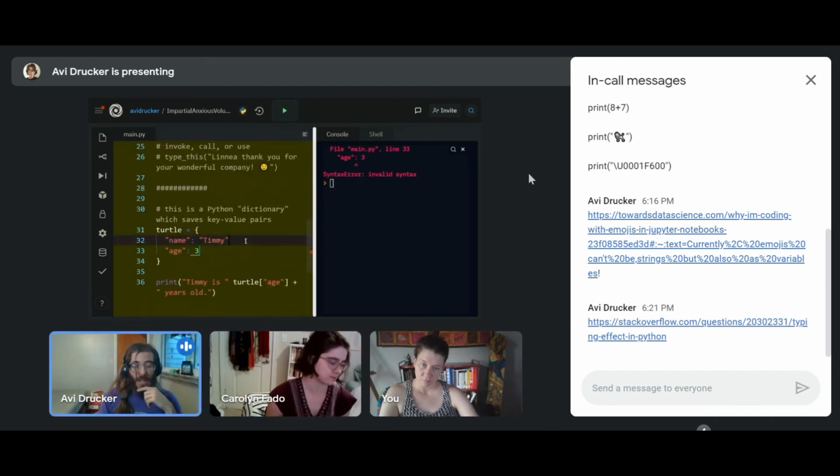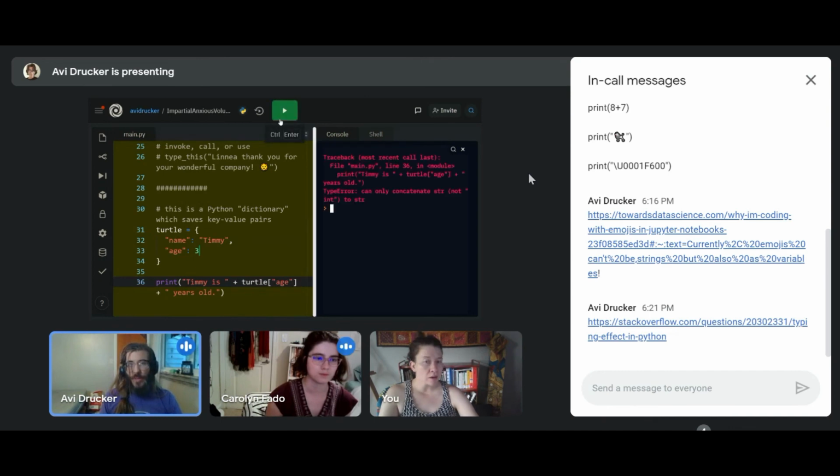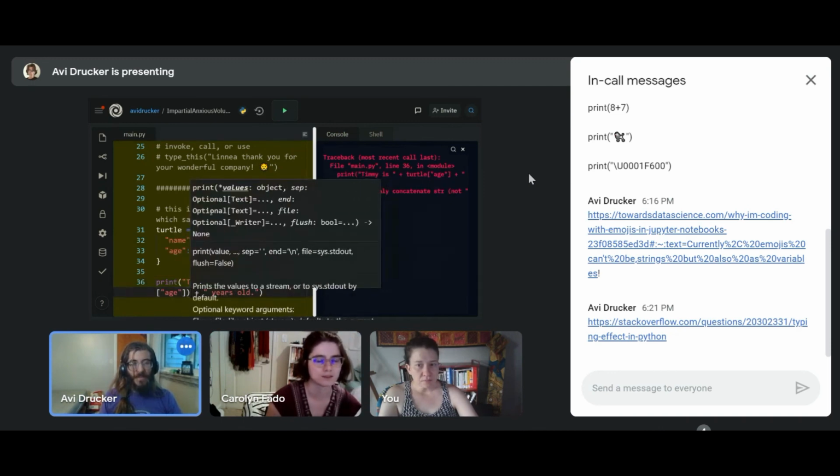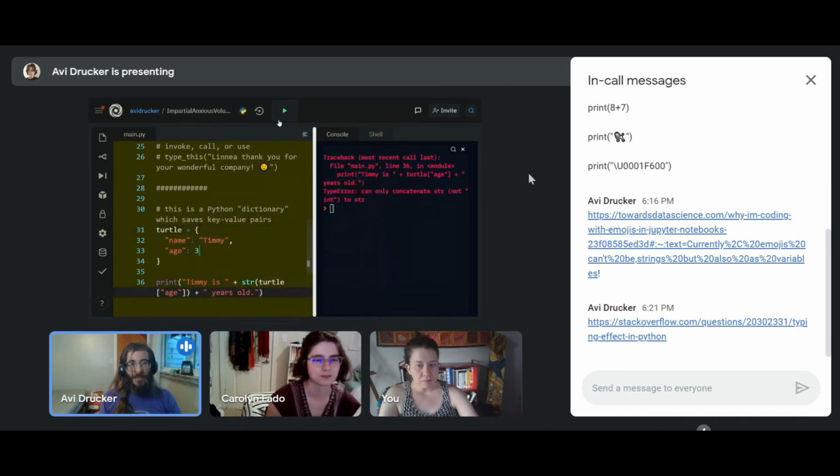In this case, the comma did not get saved, but if I put it back and now I run it, I realize I needed a plus sign here. If I run that, that should work. Nope, I need to convert the age to a string. And that happened pretty fast, but just to reiterate what I'm doing here,